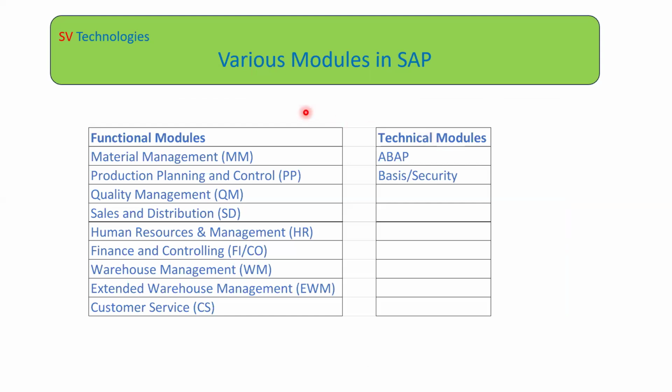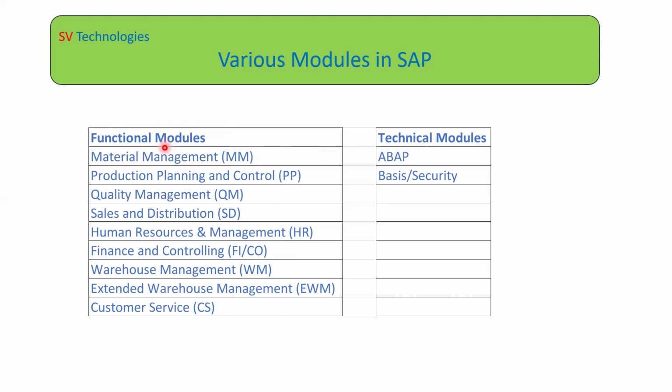See, in SAP there are more than 100 modules. I'm not sure how many of you are aware of this. In SAP we basically have functional and technical. Here I have mentioned the very important modules. There are so many modules, and out of them we have two categories. One we call functional, and another one we call technical. These are the two different categories we have in SAP.